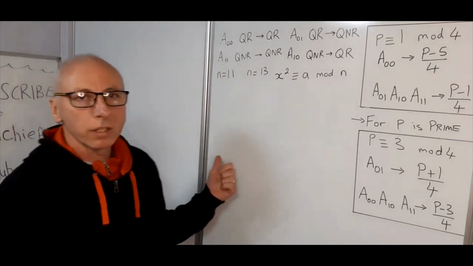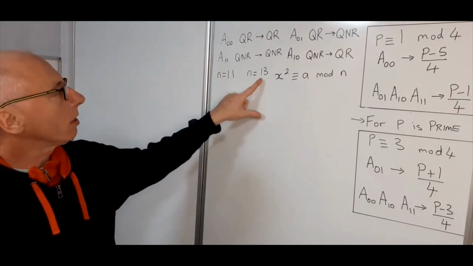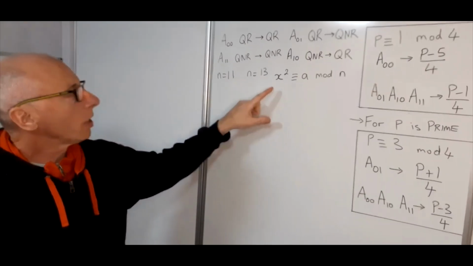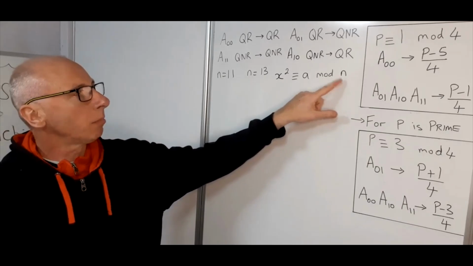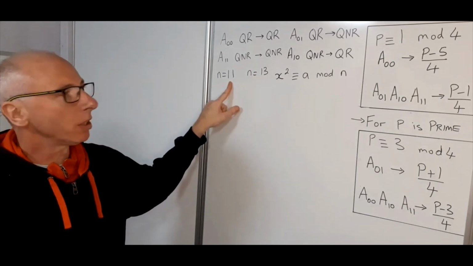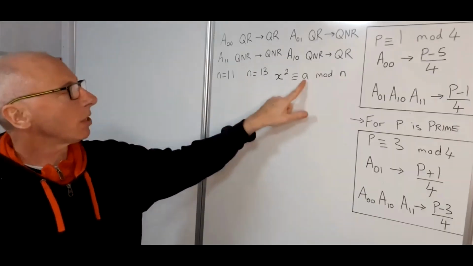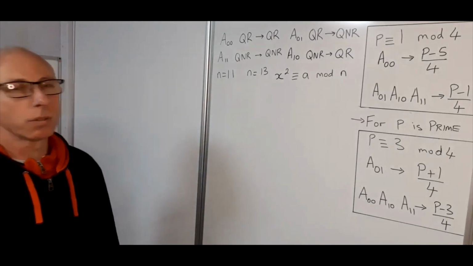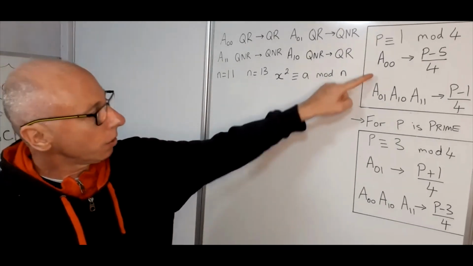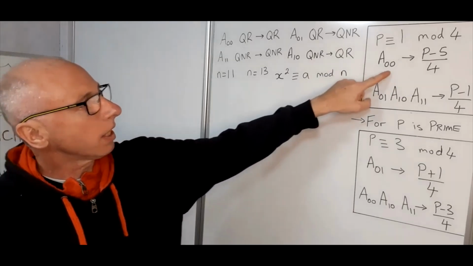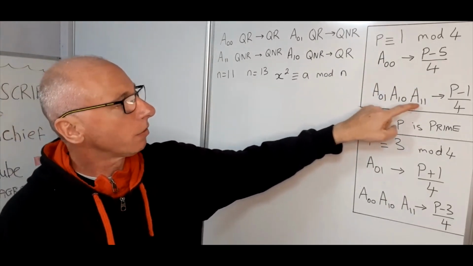Okay, so we're going to look into the quadratic residues of these two numbers. And as we know, if x squared is congruent with a mod n, where n will be one of these numbers, has a solution, then those numbers a are the quadratic residues. Then after that, we're going to use these two boxes to see if we can form sets from these